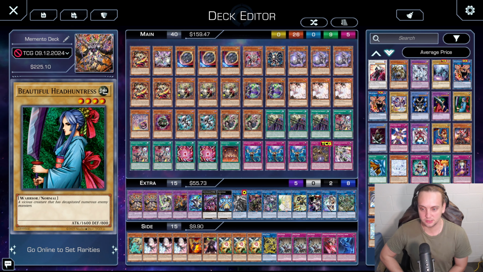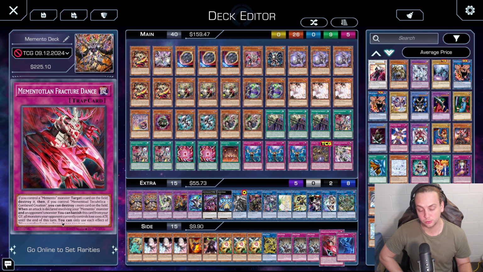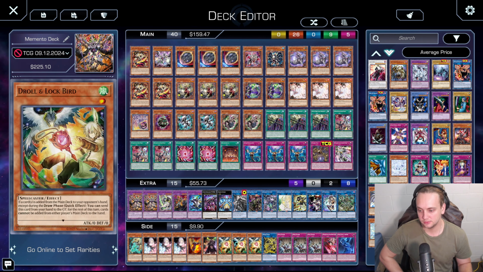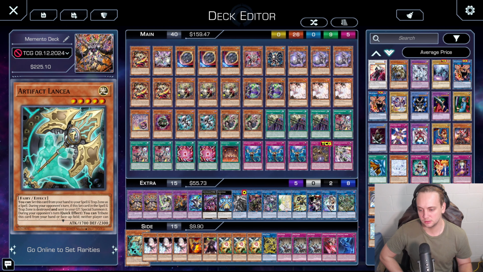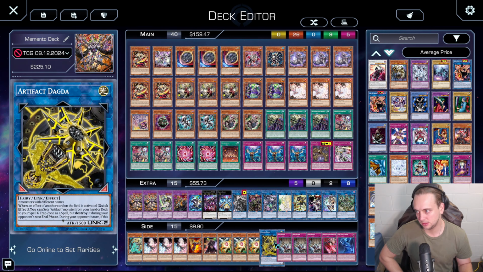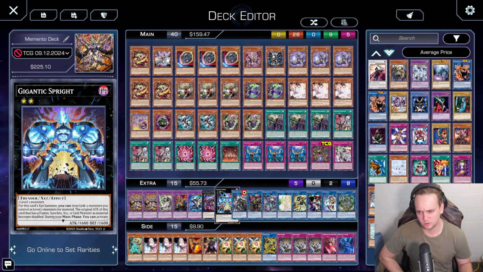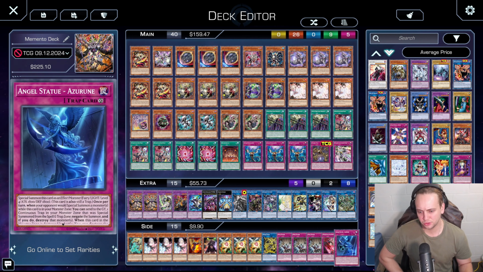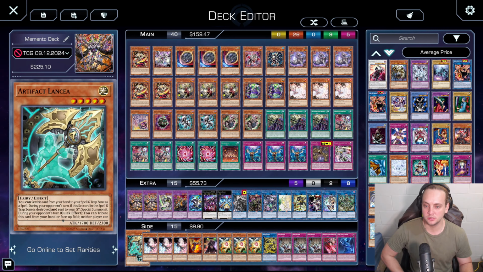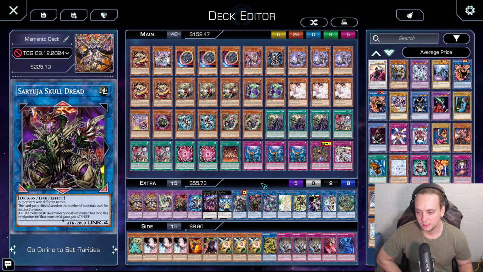I thought I'd bring you some changes that I made to my Memento deck list. There are two changes. I've stuck Fractal Dance in the side. I've chopped this one down to one, so really there's three changes, and I've added a Dagda into the mix. Now, why have I done that? Well, that's quite simple, really, because these three here will get sided in once I'm certain that I'm up against a Maliss deck. And in that situation, I will